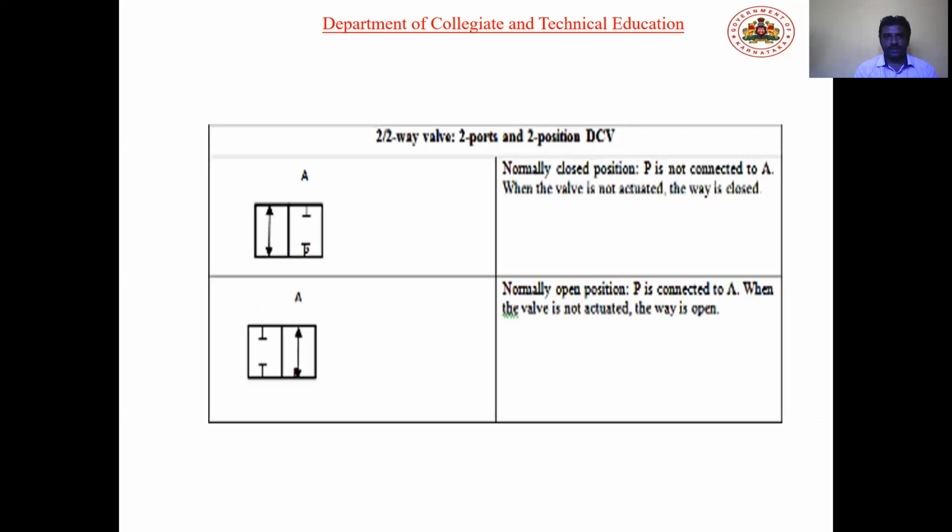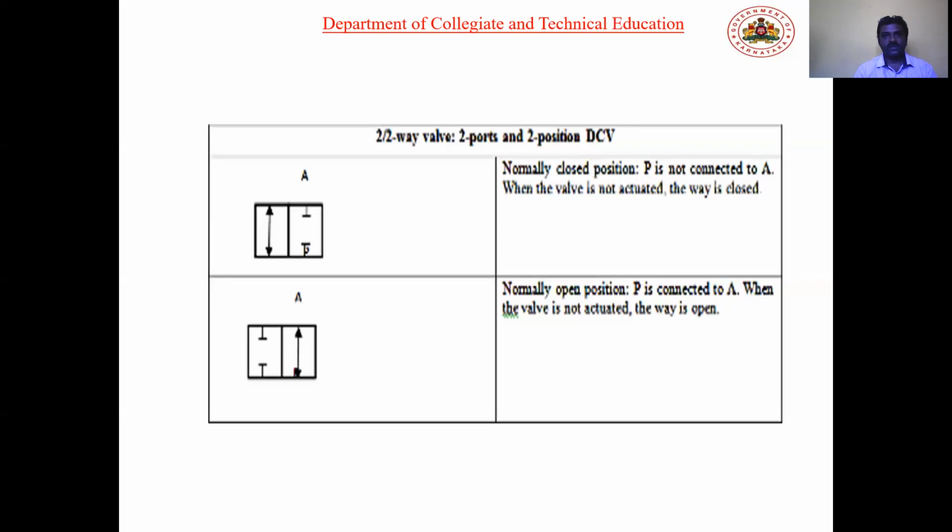These graphic symbols help us to represent a valve graphically, where a symbol represents that type of valve. For example, if I want to represent a check valve, a check valve is one which allows the flow of fluid only in one direction. The flow is blocked in the opposite direction. We cannot draw the complete valve each time. That is why there is a graphical representation of these valves.